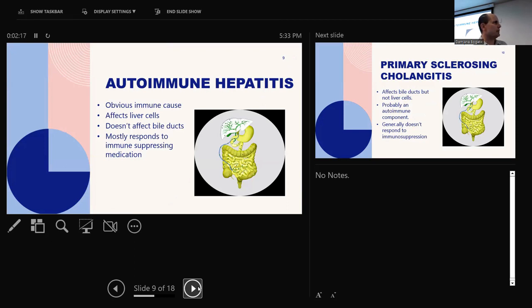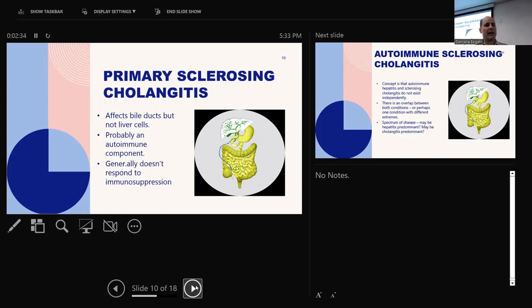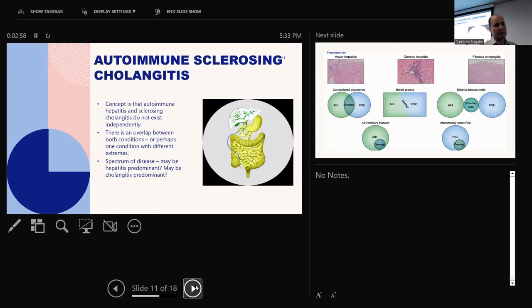There's a condition called autoimmune hepatitis, which really affects the liver cells. So if you imagine the liver and the biliary tree is a bit like a tree, this really affects the leaves on the tree, if that makes sense. And most people with this condition do respond quite well to immune suppressing medications. Obviously, people here know about PSC, again using the analogy, this is really affecting the branches of the trunk of the tree. There might be an autoimmune component, but generally speaking, immunosuppression really isn't too helpful. I know Kate didn't mention that, and that would be our experience as well.